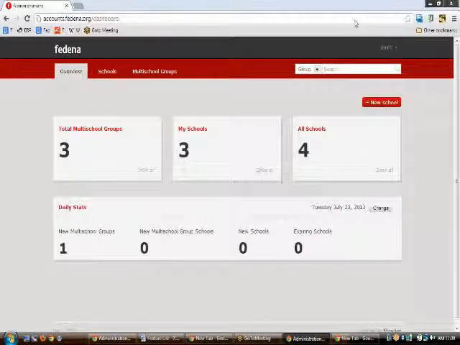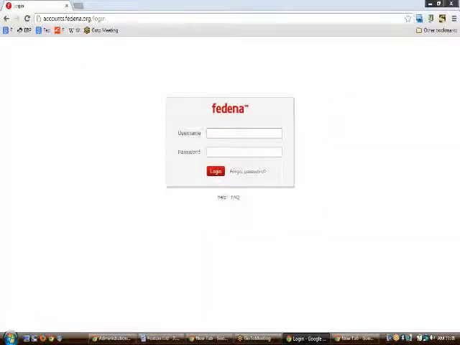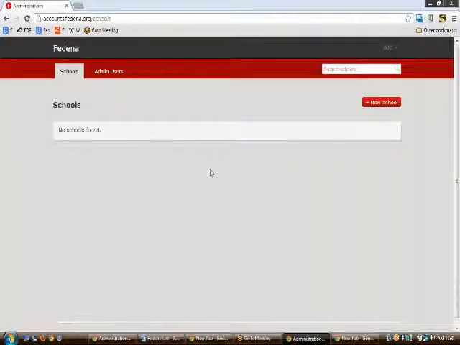I am already logged into the client Saint. So I need to log out of it and check how the multi-school group would work. ABC, and ABC is the credentials that I've created. So this is the dashboard of the multi-school group that you have created right now.